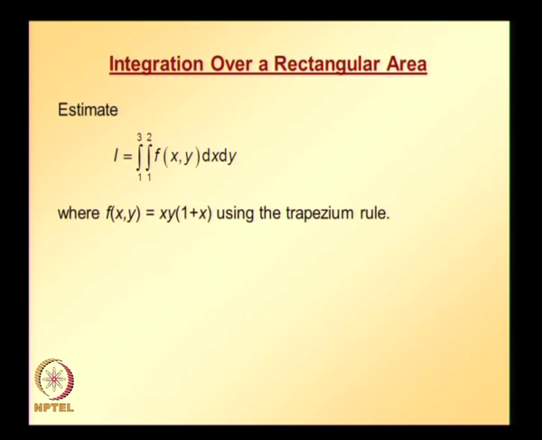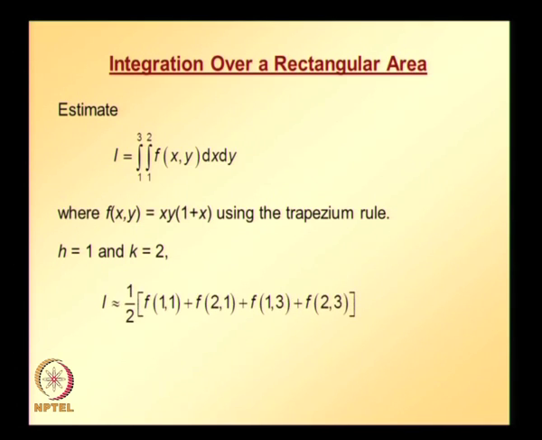So, we need to apply the formula that we have just seen, that is, we need to first identify what is h, what is k. h is nothing but the distance between the upper limit and lower limit along x direction, k is nothing but the distance between the upper limit and lower limit along y direction. So, h is equal to 1 in this case, 2 minus 1 is 1, and 3 minus 1 is 2. So, h is equal to 1, k is equal to 2, and then we apply the previous formula that we have just seen, that results in